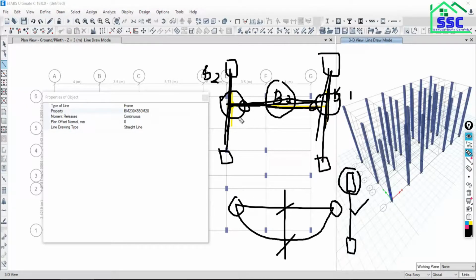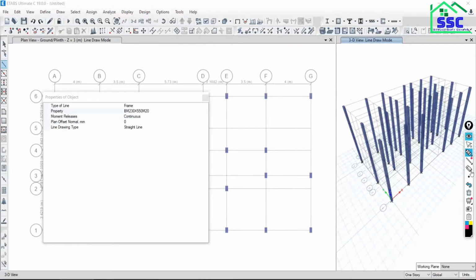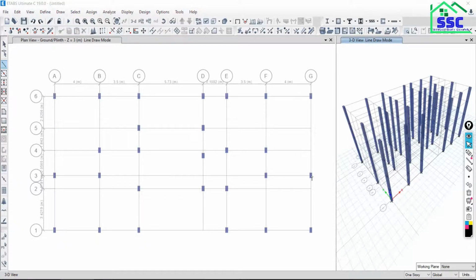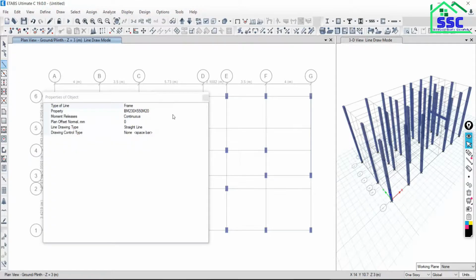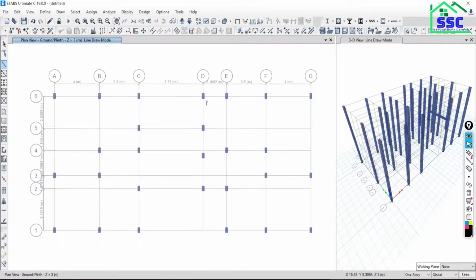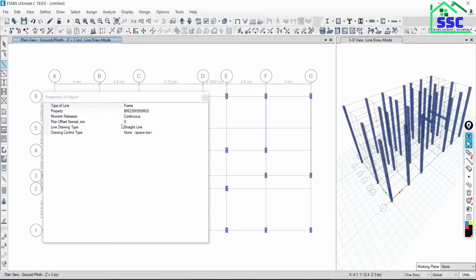Instead, suppose you are sure that you have to model the secondary beam. Directly you can take this option from hinge or continuous to, you can make it as what? Just for example, being continuous, close this and take the beam from this point to this point. And another, just go back to beam and change it. One more thing, from this point to this point I am taking another beam. Okay, and then go back and take the beam.